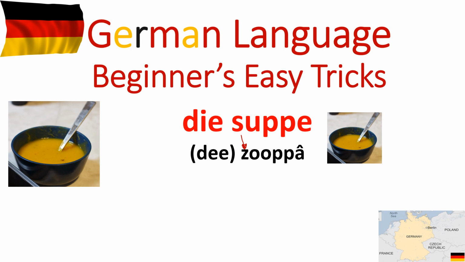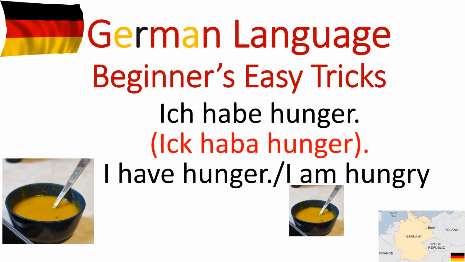But if you can get it clear, it's die Suppe. So look at this. Ich habe Hunger. Look at how this is pretty much said. I have hunger. Look at this B here and look at our V here, and they're almost the same. So if you can make connections here,